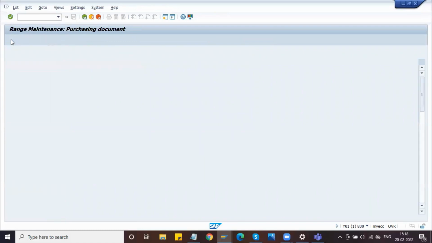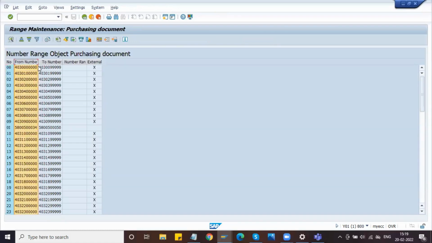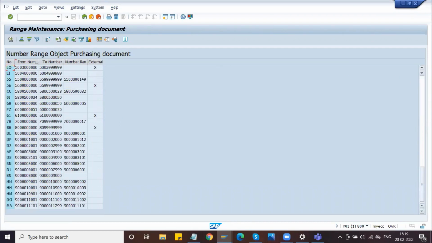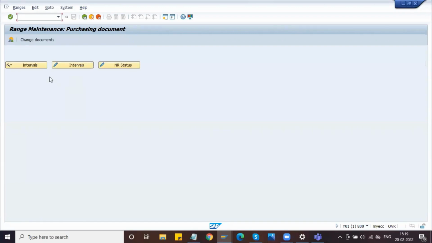Go to item overview and let us sort in ascending order. Let us take the last number they used. From this number range, let us take